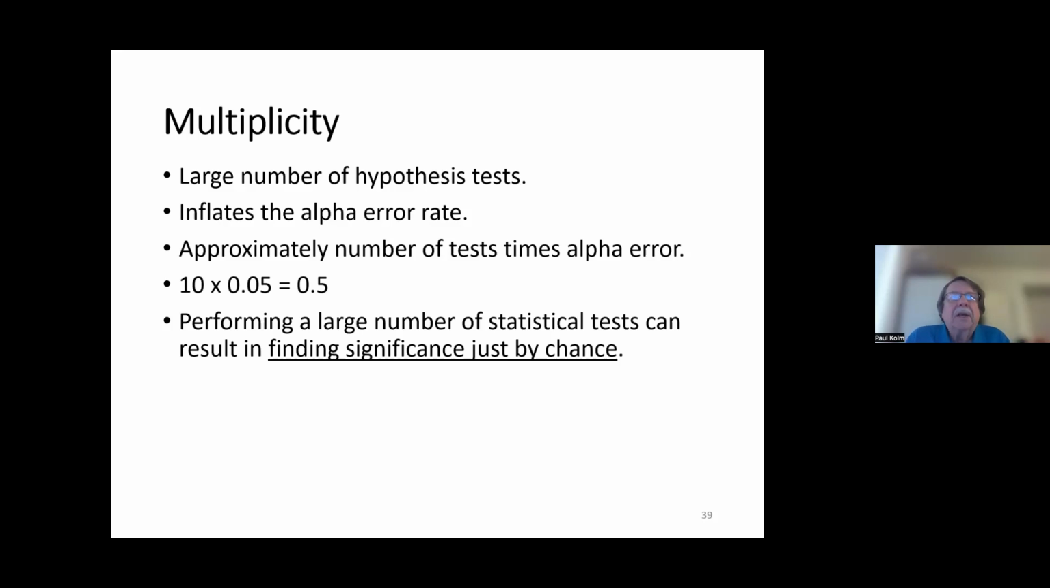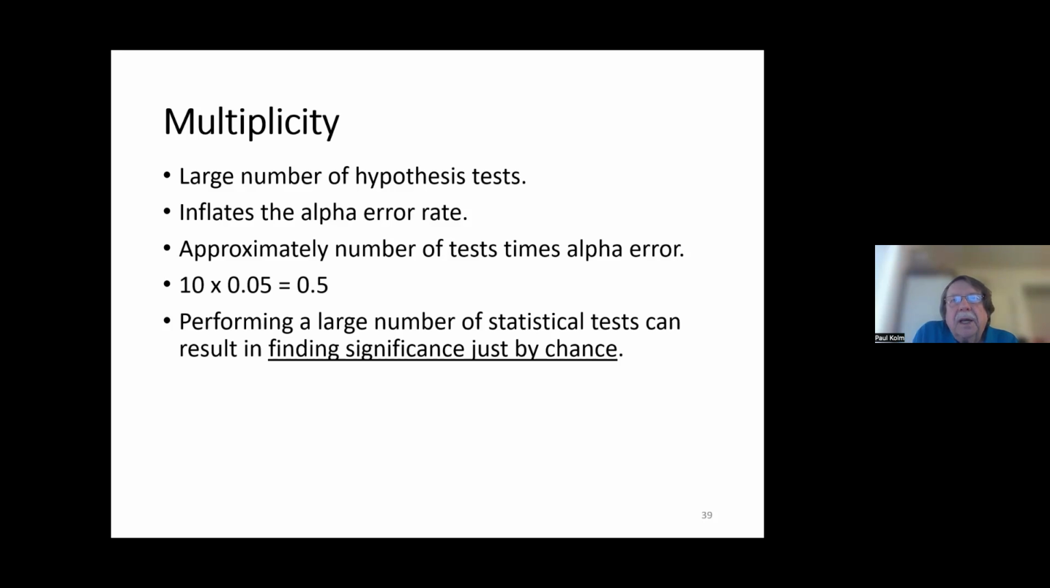Because remember, that's what our alpha and beta error rates are telling us: whether or not we found the result just by chance. And so where you often see this is in tables that are presented in